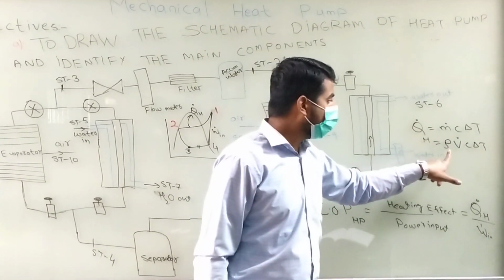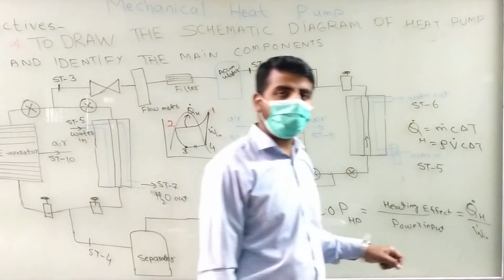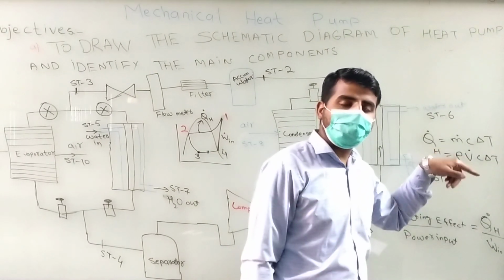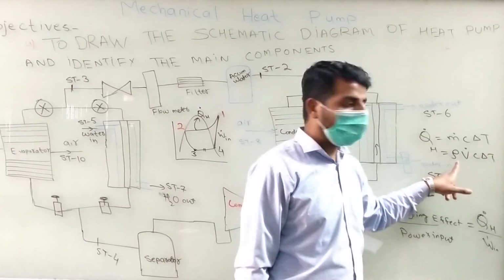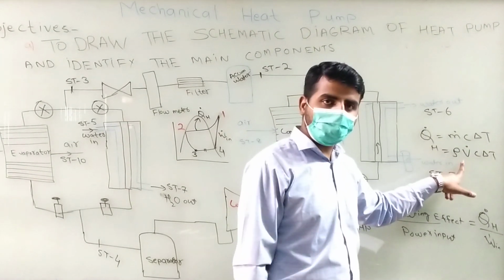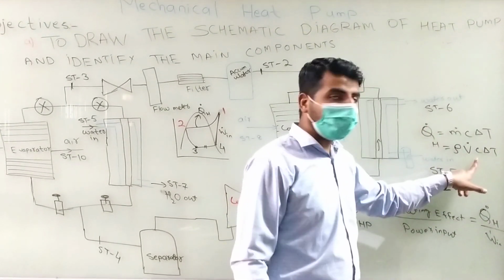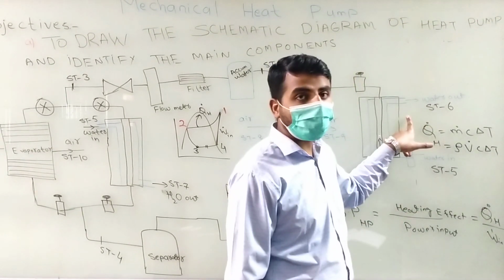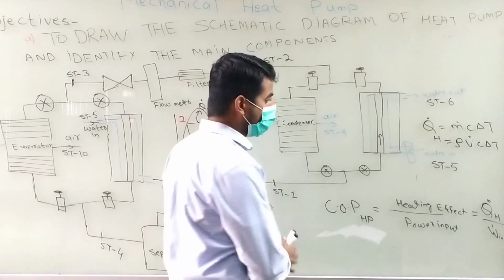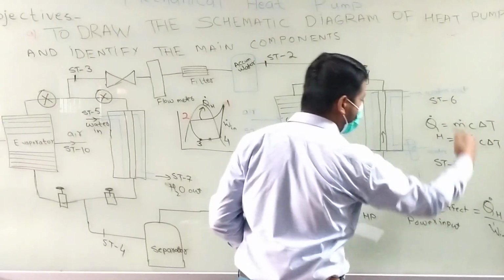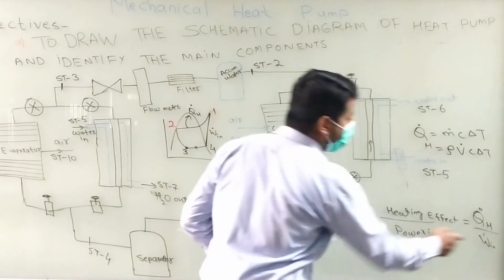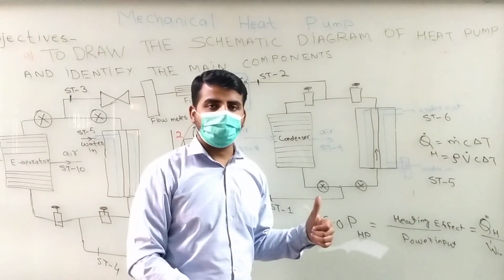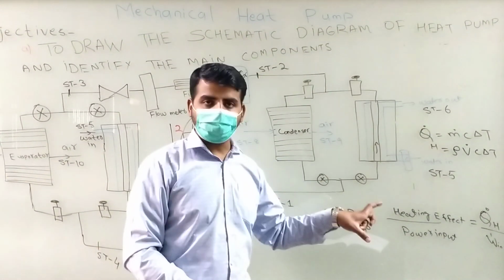For the density part I'll do the same, because the density depends upon the water temperature as well. So I'll take the average of these temperatures, and at the average temperature I'll find out the value of the density. So density at the average temperature, volume flow rate from the flow meter of the water, C at the average temperature, delta T from the two temperature sensors placed at the water inlet and the water outlet. I can find the Q dot H from this formula. I can plug it here, and the power input of the compressor I can take directly from the control panel, because the power of the compressor can be read directly from the control panel.